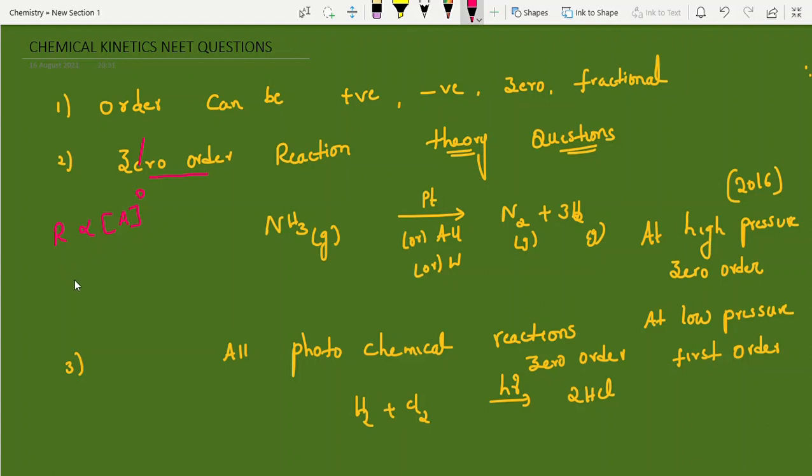And order sum, suppose they give the rate law like this, A into B. With respect to A, order is 1, with respect to B, order is 1, and overall order, how are we calculating? It is the sum of the powers of the reactants in the experimentally determined rate equation, not the stoichiometric coefficients. So you can add 1 plus 1, 2. Such easy questions you can expect in KCET level and MCET level.